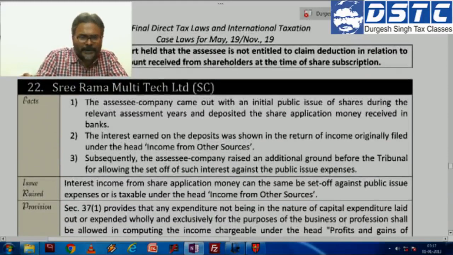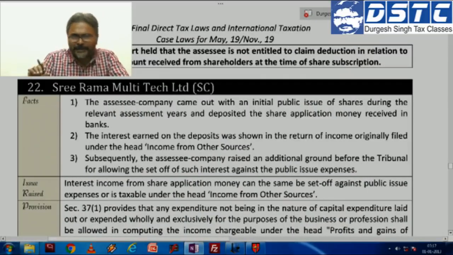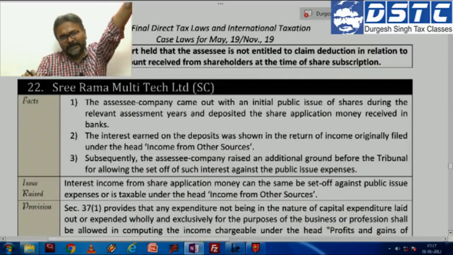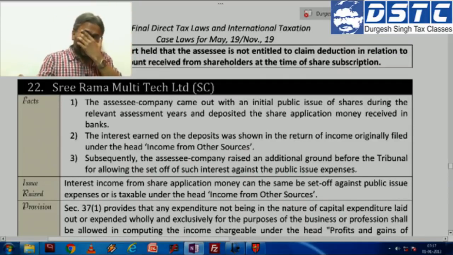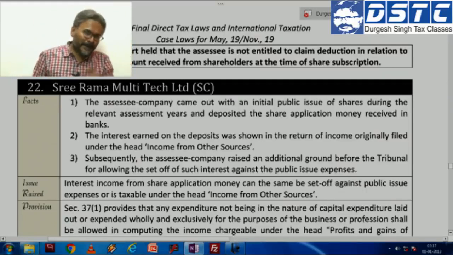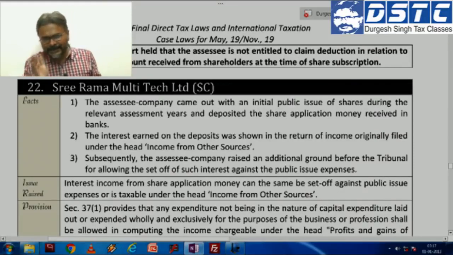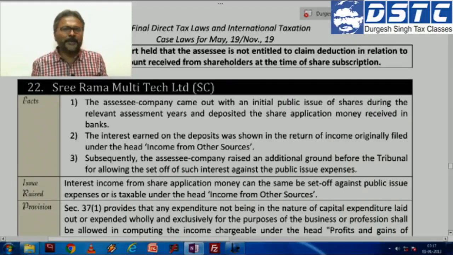Sri Rama Multitech Limited. Now students, in this particular judgment of Sri Rama Multitech Limited, just as we went with the first judgment, Henkel Spic Limited. So this judgment is just a bit of an extension of Henkel Spic Limited. What is the extension in this case law? The extension in this case law is, what has happened was that the SSC here, SSC in this particular case,